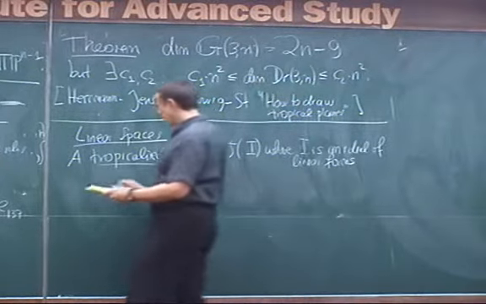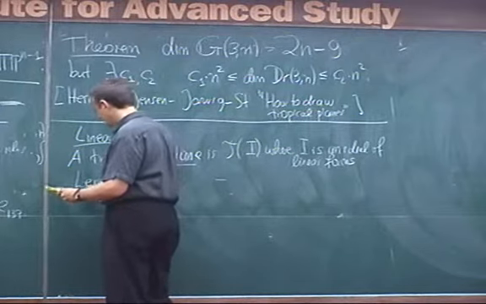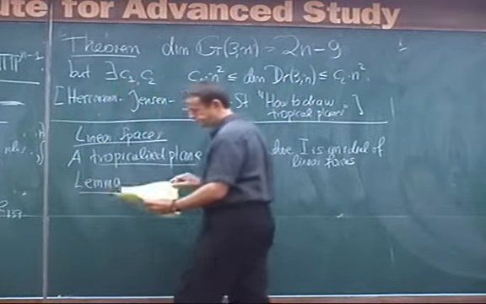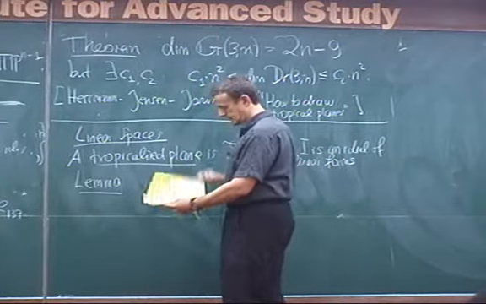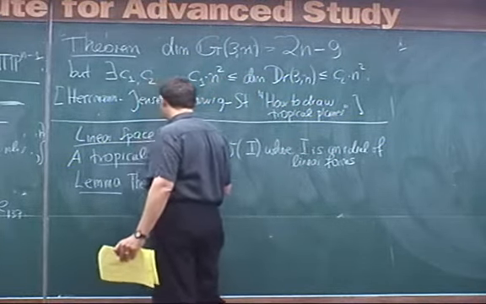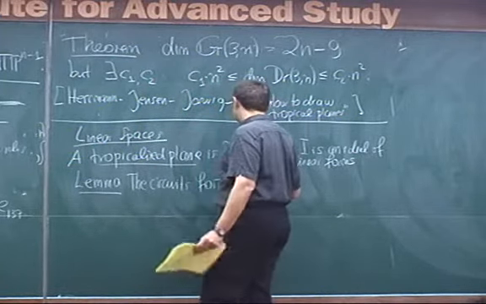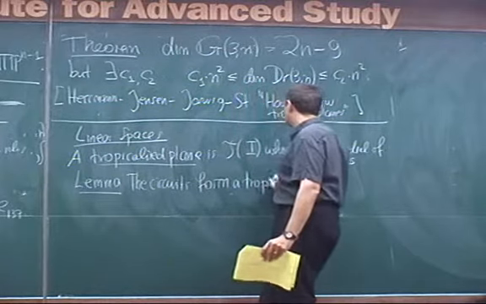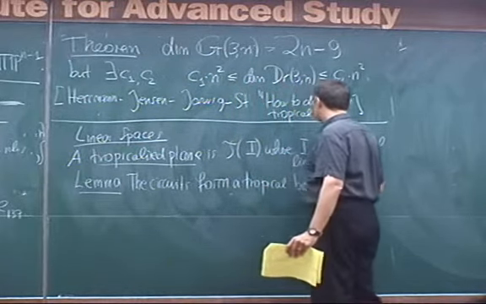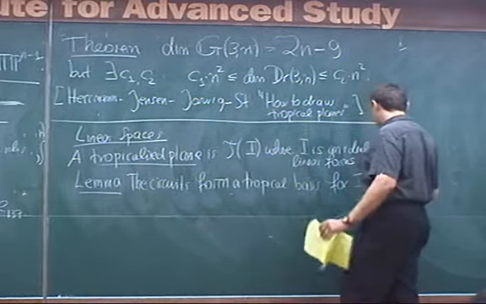Then we have the following lemma. The circuits still form a tropical basis for I,